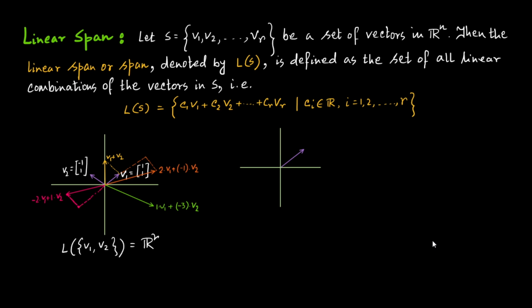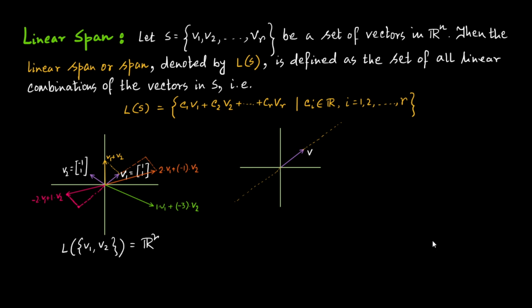If I consider this as my vector, only one vector, this v in R2, can you visualize what will be the linear span of this vector v? Now here, linear combination of one vector means the constant multiple of that vector. So what will be the set of all the constant multiples of this vector v? Absolutely correct. The set is pretty simple. That will be the line passing through this vector and passing through the origin. So this line is the linear span of v.